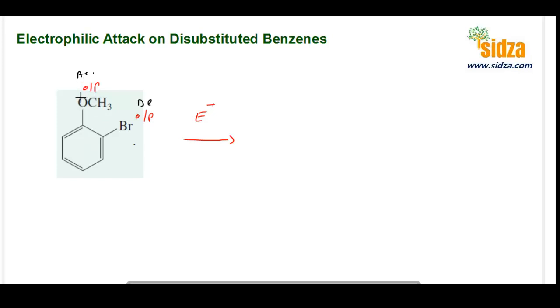So therefore, if OCH3 is the ortho-para directing group, that means the attack will take place over here and here, right? Because this is ortho to OCH3 and this is para to OCH3. So that means you will get a product over here like this. You get an OCH3 here, and then you will have an electrophilic attack at this position here, right? The electrophile will be here, and in another case you will see the electrophilic attack going on at this position over here, right? Okay,